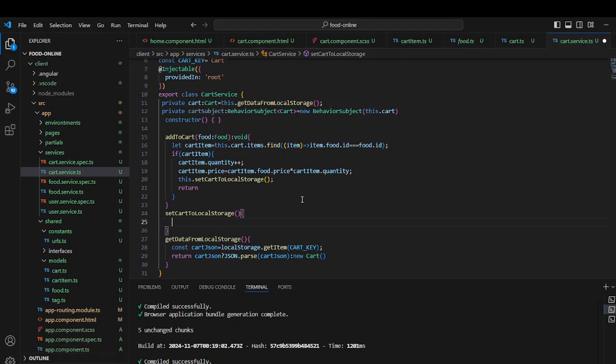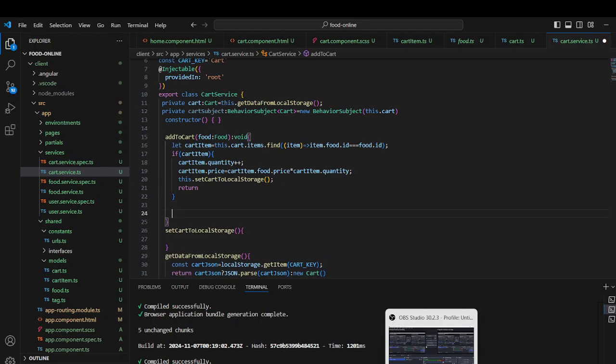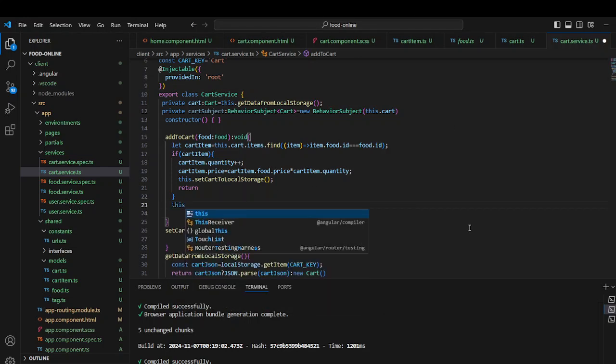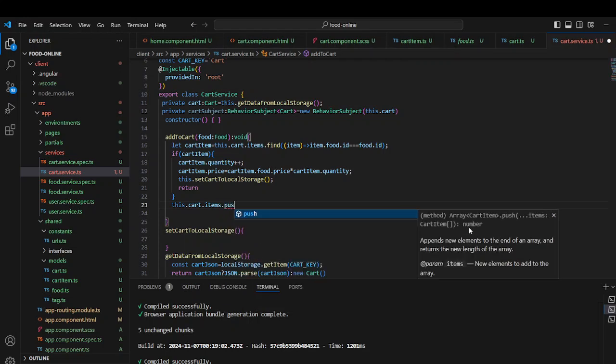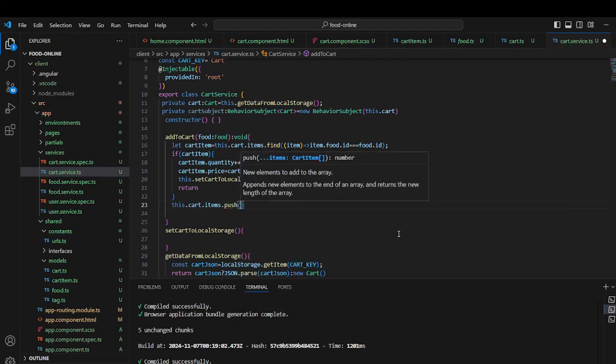And if the item is not present inside the cart, we'll have to push that particular item into the cart. So let's do that one, the next block. Let's assume the item is not present. This.cart.items.push, we need to push to the cart item if it is not existing already. Okay, so if it is present, we are doing quantity and price increment. So now let's push